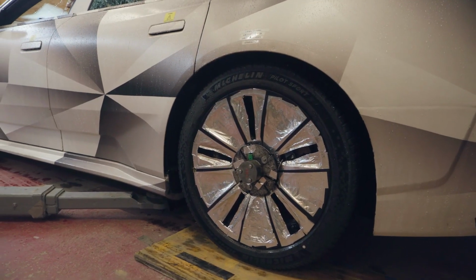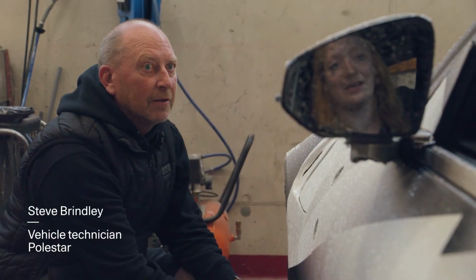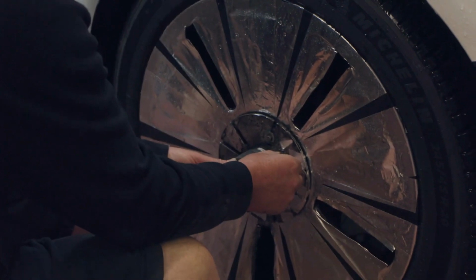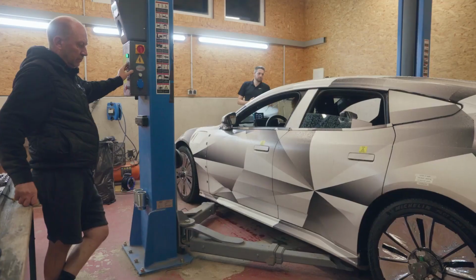So we've got a bit of water in the sensor? Yeah, so I think we've just got to check all the sensors to make sure they're okay. Well, that ain't good, is it? Nope. Oh, okay. Let's send it up and...